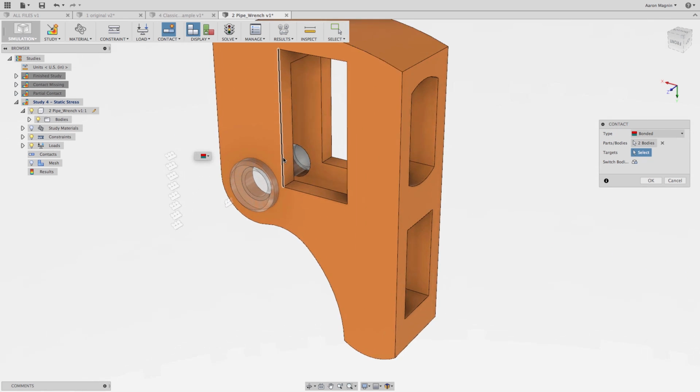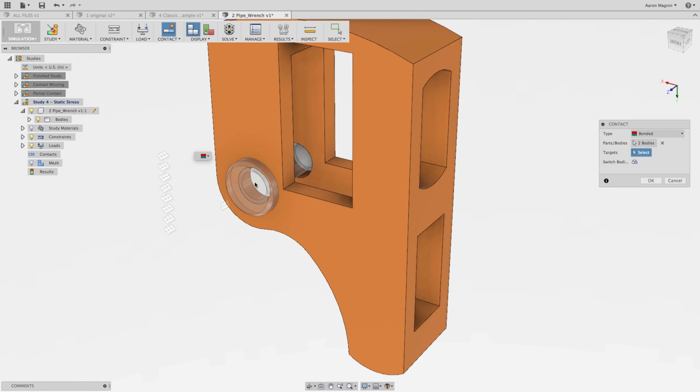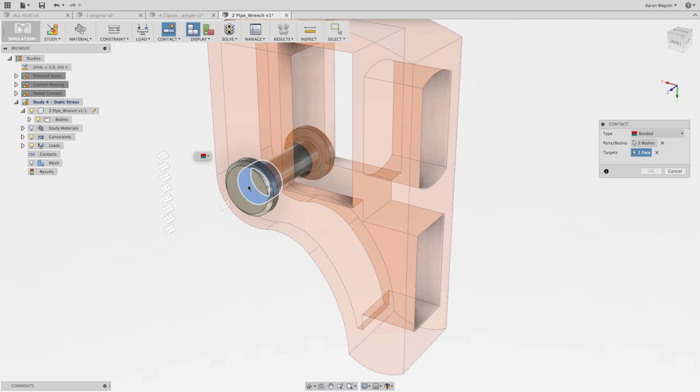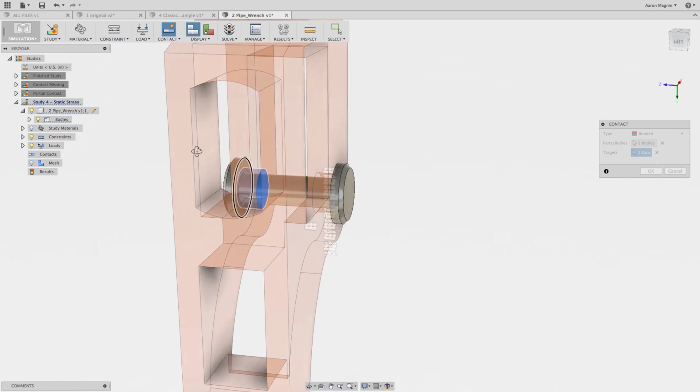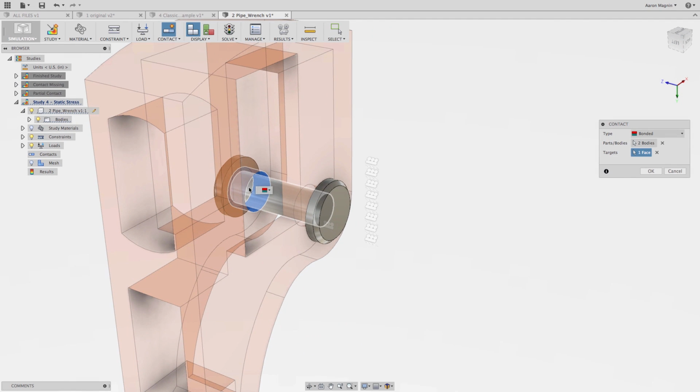If I zoom in here, you'll notice that the pin, even though I'm creating a contact with it, has gone transparent because it's looking for a target face from the first body, from the orange body that you see in the graphics area right now. So I can click that face, and by default it changes so I can actually see the pin now and has made the other piece transparent. So I can rotate around and I can select this face as the face that I want to create that